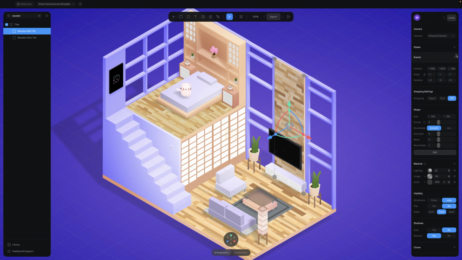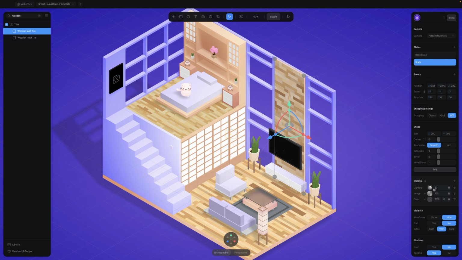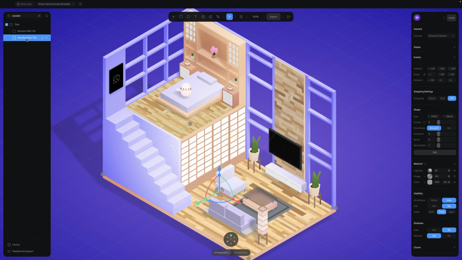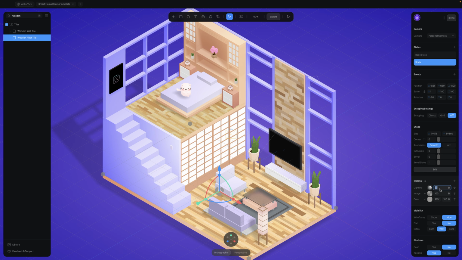So let's take the first one, set a state, and in here, I will set the lighting to 70, image to 50, and the color to 2A2480 with an opacity of 100. For the wooden floor tile, I will do the same thing. So add a new state. On the colors, I will set the lighting to 70, image to 50, the color to 423C99 with an